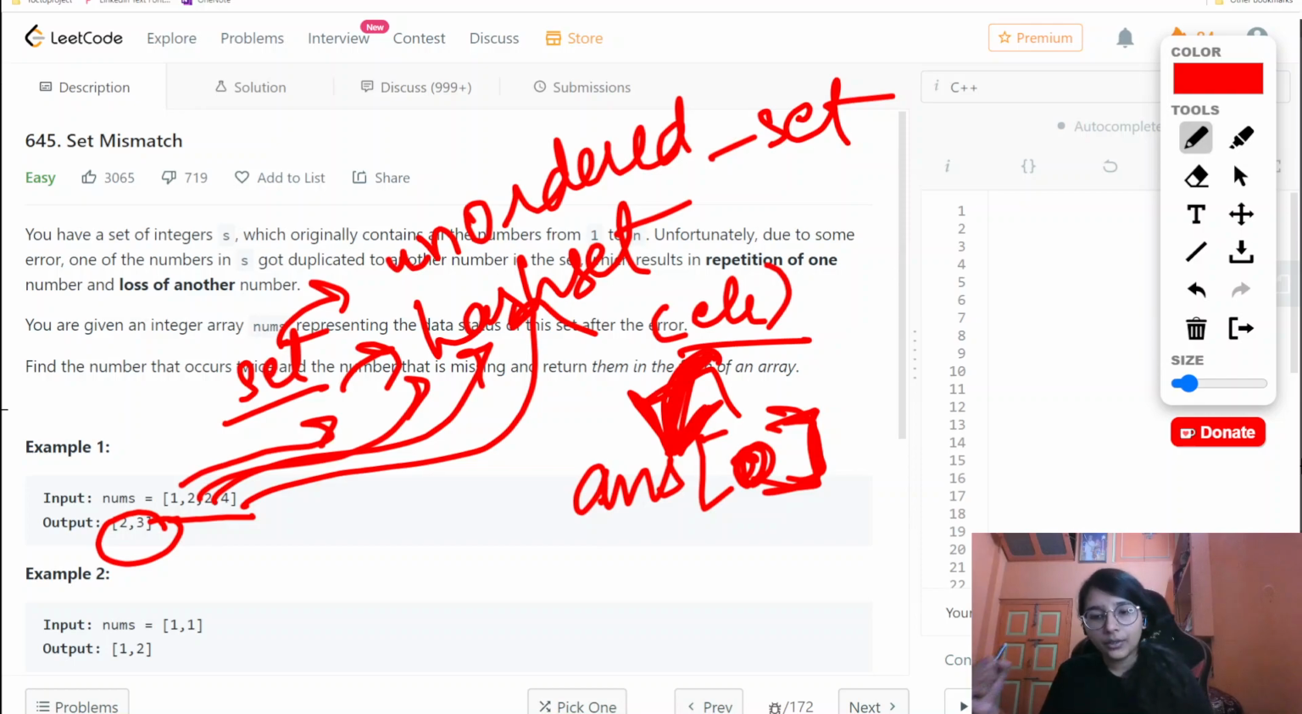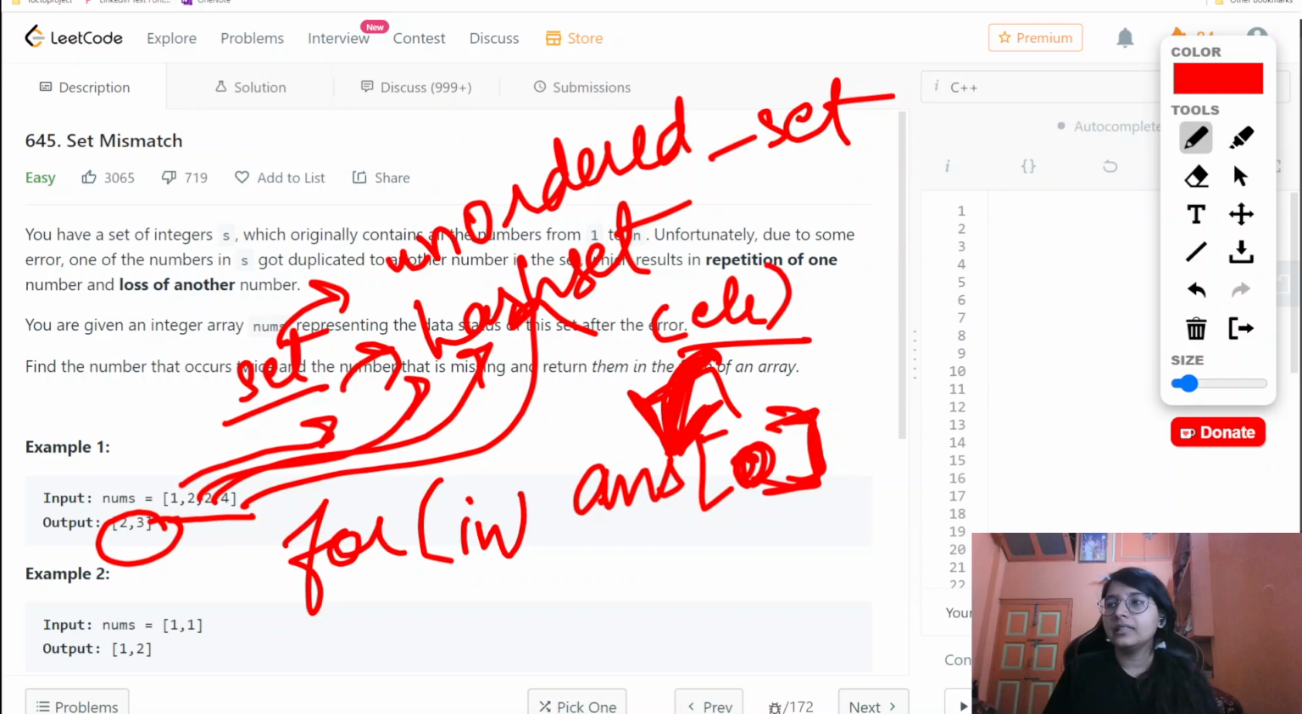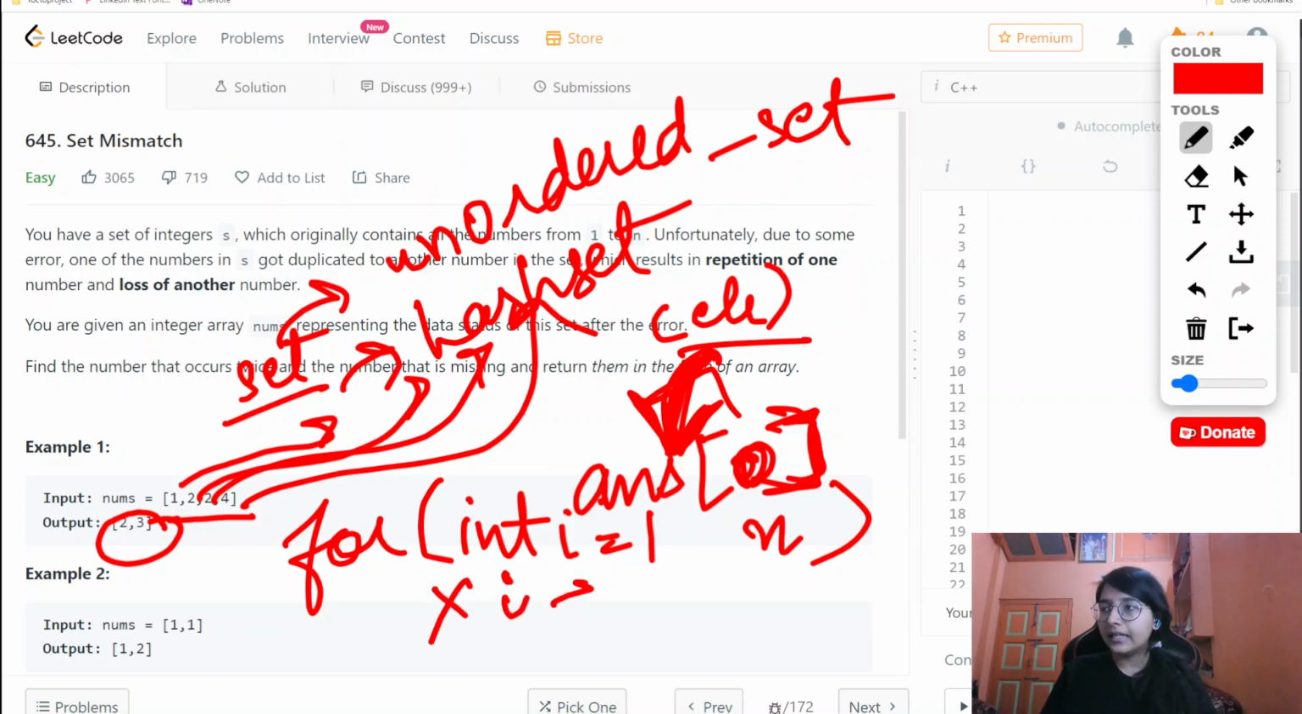Now comes the part where we are required to figure out what was the element which was removed. For that purpose, we will traverse our array from start to end again. In this process, we'll start from i equals 1 and go up to n, and try to figure out the first element which was not present in our set. Whatever i was not present in this hash set,